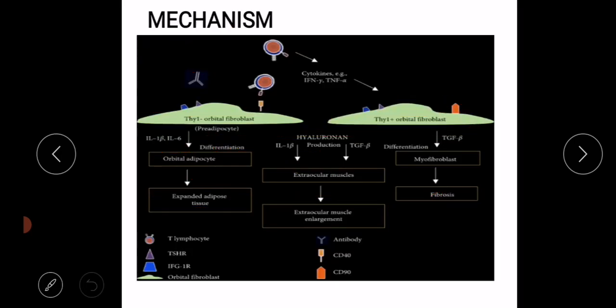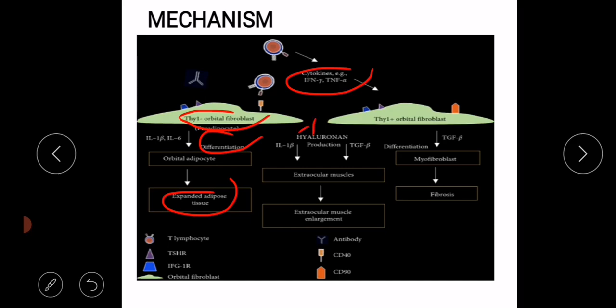Here you can see these are cytokines, for example interferon gamma and TNF alpha. These bind to the specific antigens on the orbital fibroblasts. Here you can also see the antibodies also bind with the orbital fibroblasts, and differentiation occurs and orbital adipocytes start accumulating and orbital tissue starts expanding. So when this orbital tissue expands, it leads to exophthalmos. Then there is increased production of hyaluronic acid, and as a result of this the